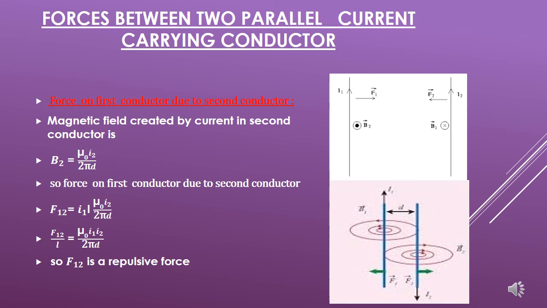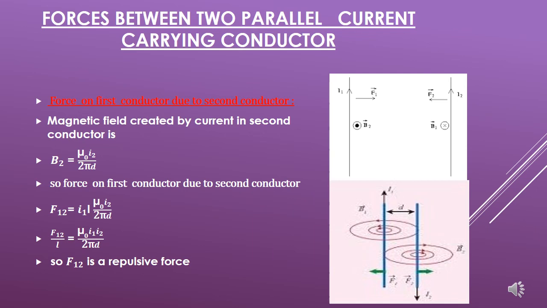So we have seen that the magnitudes of both forces are the same, but what is the direction of these forces? We have seen that at conductor 1 the magnetic field is going inside. So according to the left hand rule, the direction of force is to the right, and at conductor 2 the magnetic field is outside, so the direction of force is to the left. So when the forces are towards each other, there is a force of attraction. The magnitude of force is the same, the direction of force is towards each other, and we call it the force of attraction.